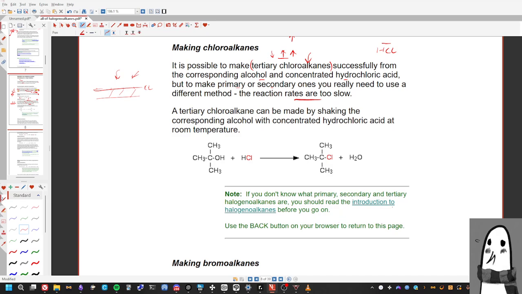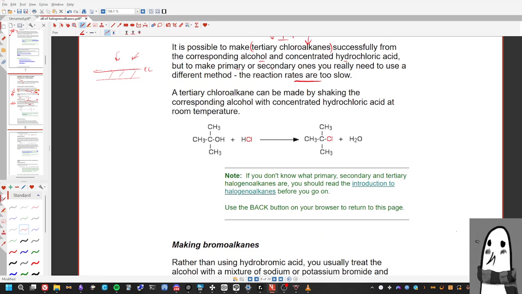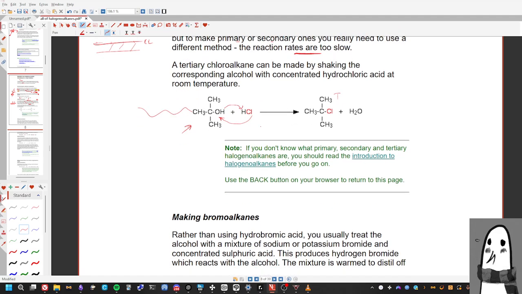You have your alcohol, you have your concentrated hydrochloric acid at room temperature. That's going to be your tertiary alcohol with your OH, CH3, CH3, and CH3. Now this could have been however long as we wanted. The only point is that this C needs to be bonded to 3 other things, including that O. So when you bring in that Cl and it binds, we get that C-Cl bond, and that C is bonded to 3 other things, making it tertiary. And then that OH attaches with the hydrogen, Cl attaches with the C, substitution, bang, and you get your C-Cl